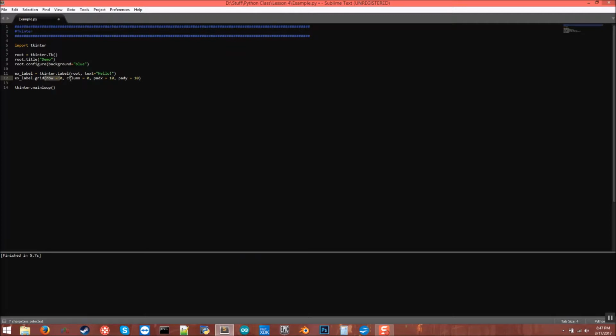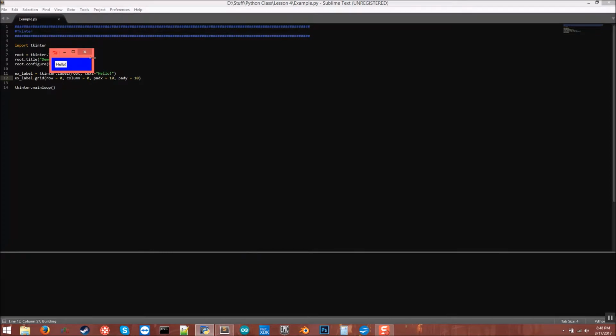You say row equals 0, column equals 0. We only have one thing, so of course it's going to be in the top left. If you want to do row equals 1, then the grid system that's built into Tkinter will just automatically make another row or different columns. You can have things span more than one column, so you can have a button here and a button here and then an image here, and everything just looks very nice when you use grid. Everything's very easy. And then padx and pady, this is how many pixels of space we want to go around our label. So if we run this,